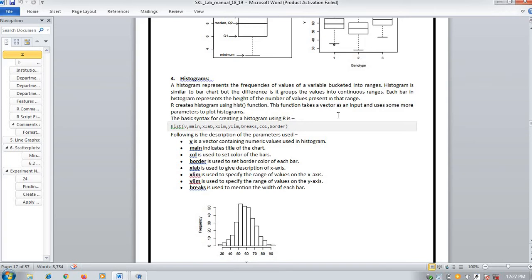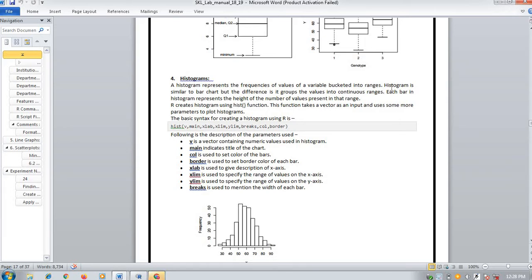For example, suppose 5 students have got 70 marks out of 100. So the frequency of 70 is 5. Similarly, suppose 10 students have got 60 marks. So 60 marks has a frequency of 10. So when we require histograms to be plotted, we want to know the count of a particular value in a total data set. And that gives information about, for example, popularity, or which value is frequently occurring.